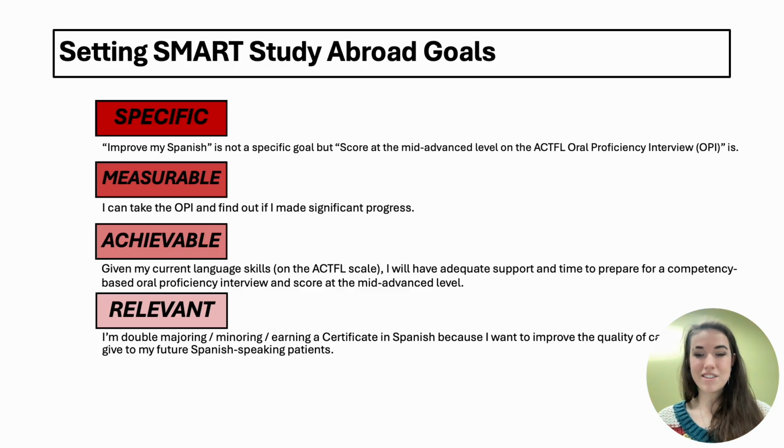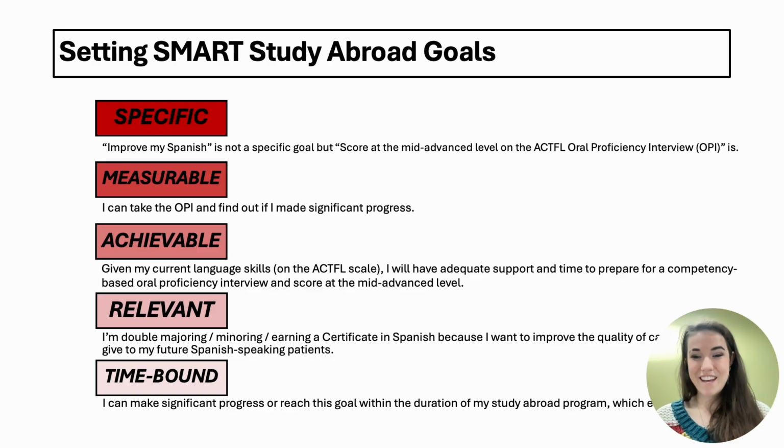For example, outside of fashion, I had a friend who was trying to pursue a doctorate in the medical industry, and she wanted to pursue, I think it was Spanish that she was going for, because she wanted to better help and understand her patients that she may have in the future. Understanding Spanish will help her connect more in depth with her future patients and help give the care that they need.